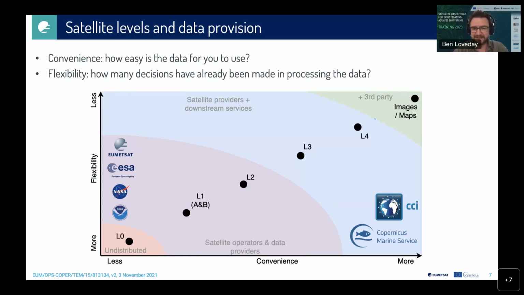Now I'm going to explain flexibility a bit more in a second, but the flexibility goes from more flexible at the origin to less flexible as you move along the axis. So what I mean by convenience is, in general, as we move along this axis, the data becomes easier for you to use. Level 3 and level 4 data being already gridded is easier to access. It's easier for you to cut out subsets. It's easier for you to work with in long time series than the more fundamental levels of level 1 and